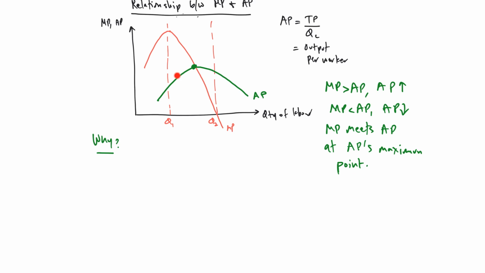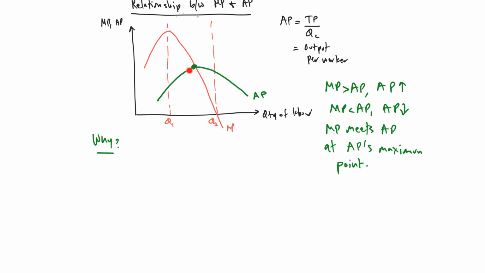Before MP met AP, AP was rising. After MP met AP, AP started to fall. It's like a really bad friend that you meet and then your life goes downhill. It happens, right? You know, like the parents say, he was such a good child, then he became friends with that person and after that he got spoiled. This is when you met that friend who spoils you and that's when life goes downhill. Maybe you are the friend who's spoiling people. Anyways,